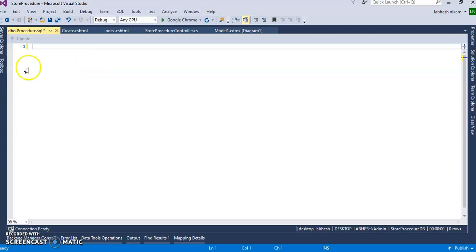So we have the login table, so create procedure name, suppose sp delete login, right? And we will pass the parameter @id.